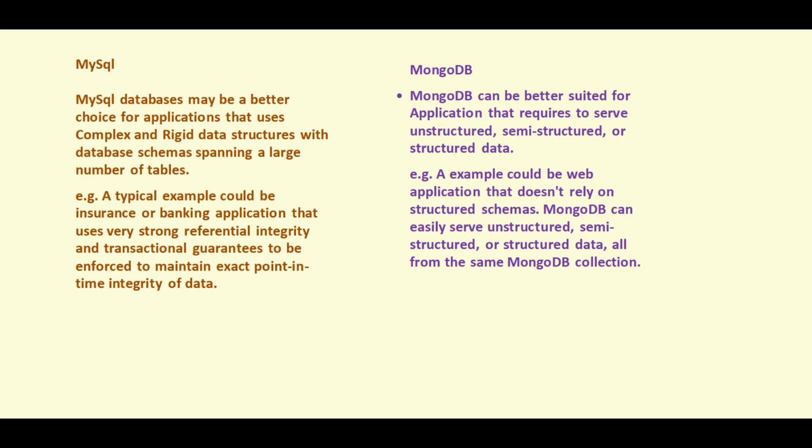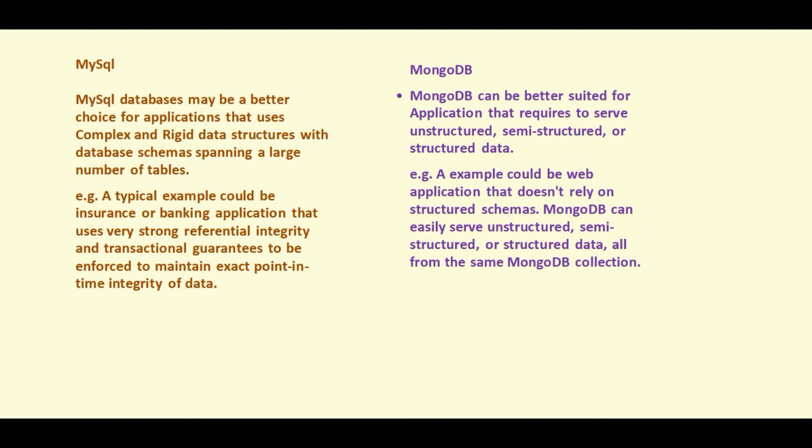Now let's see in what kind of applications we should be using MySQL or MongoDB. MySQL databases may be a better choice for applications that use complex and rigid data structures with database schemas spanning a large number of tables. A typical example could be insurance or banking applications that use very strong referential integrity and transactional guarantees to be enforced to maintain exact point-in-time integrity of